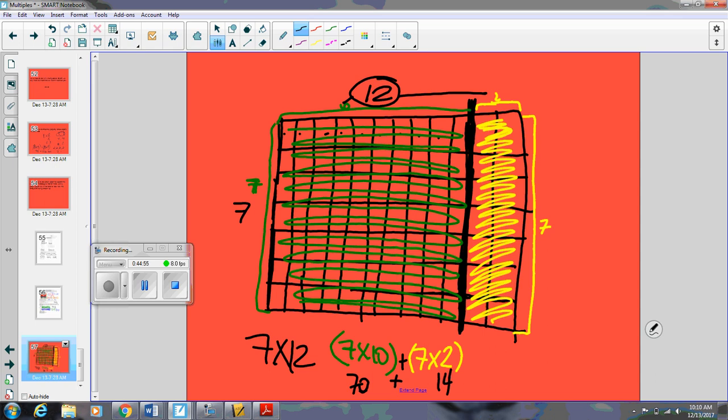Diane, what you got? 84. So what is 7 times 12? 84. If I counted all the green dots and all the yellow dots, what would I get? Thank goodness we know another strategy besides that. Right? Yes. Alright, so here's what we're going to do. With your scissors,